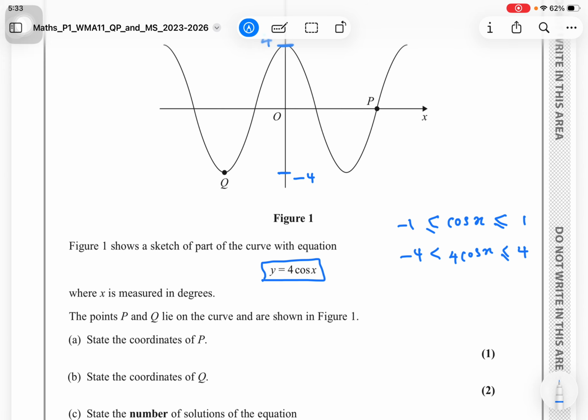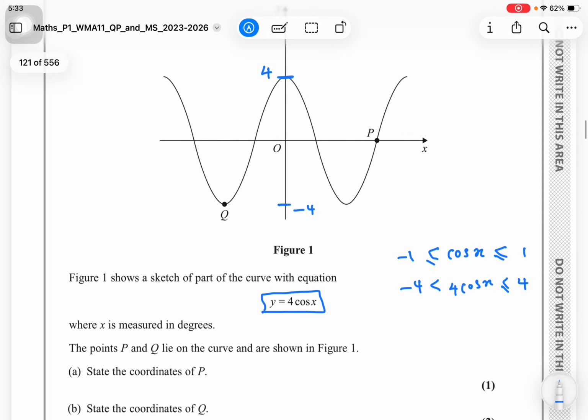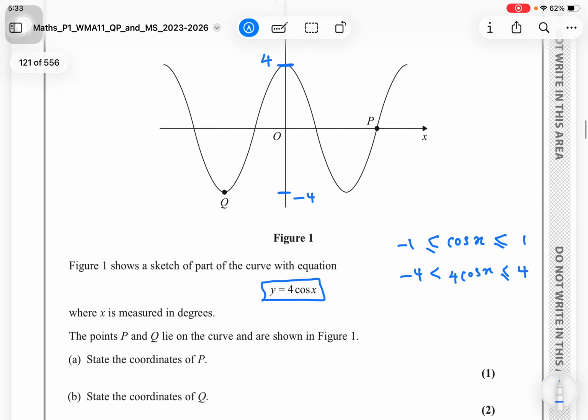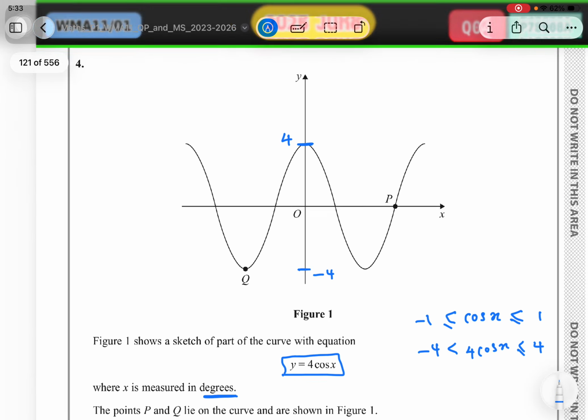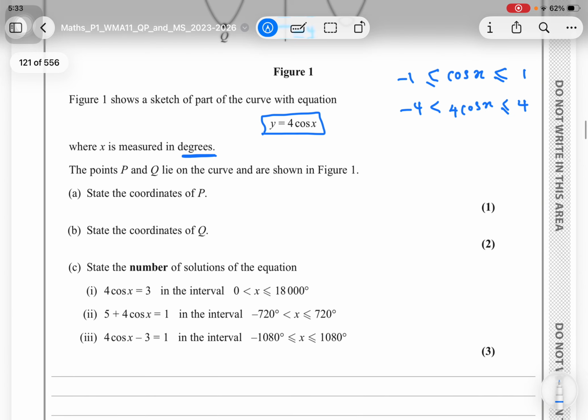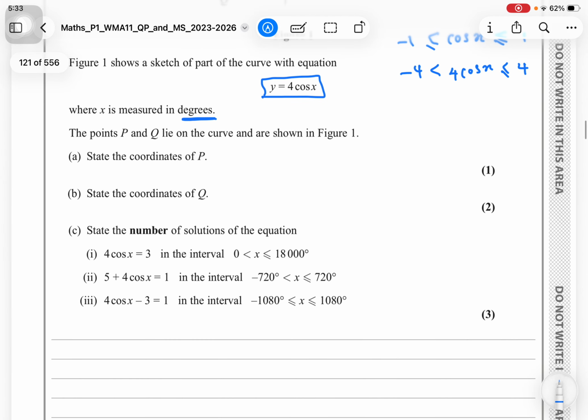Anyway, let's go with the question and see what they're asking. According to that, we'll model our graph. They're measured in degrees. The points P and Q lie on the curve as shown. Find the coordinates of P. Find the coordinates of P, in the sense the P coordinate is here, where the y value is 0. So the point P,